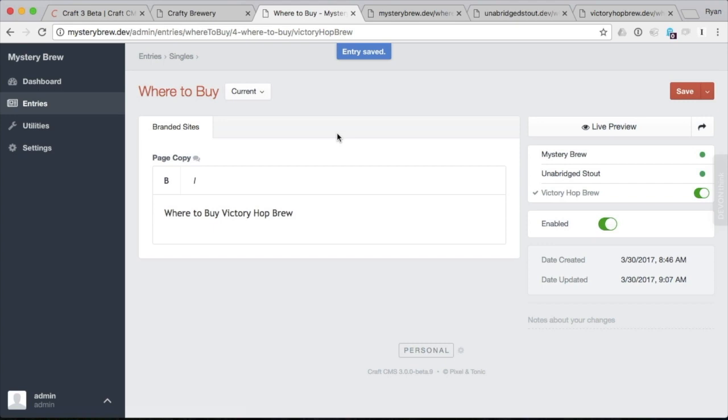So interesting with the fields disappearing, and I'm not sure if that was something that I did or if that was something that was a problem with the software, but we'll work through it. Things look good so far. Now let's go ahead and look at how we can make this single entry content show up in our templates